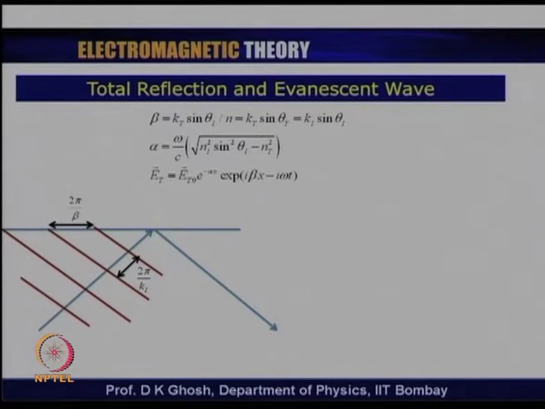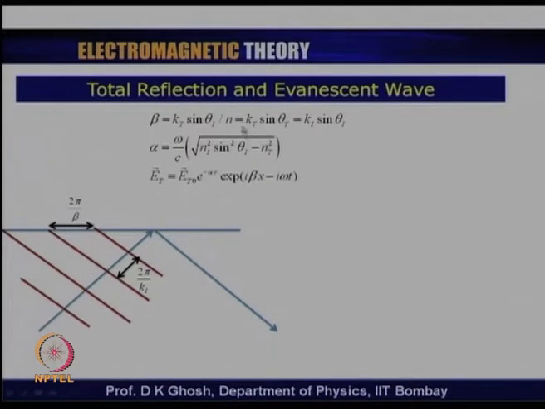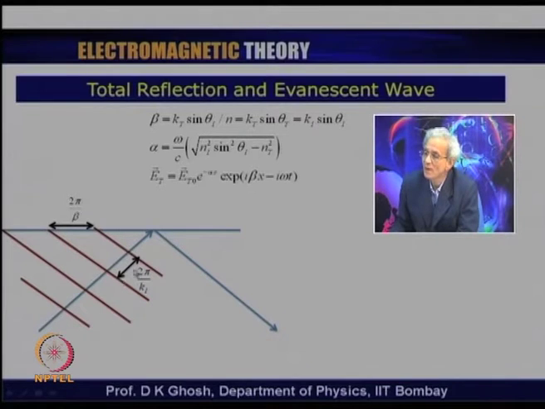Notice this propagation vector has a very interesting interpretation. The propagation vector we have said is k_t sin θ_i by n, which is k_t sin θ_t. Now, here I am showing, for example, an incident direction, a wave which is incident at an interface. And remember that we are talking about a propagation vector which is 2π by the wavelength. So, suppose I draw perpendicular to the propagation vector direction, and I find out the distance between